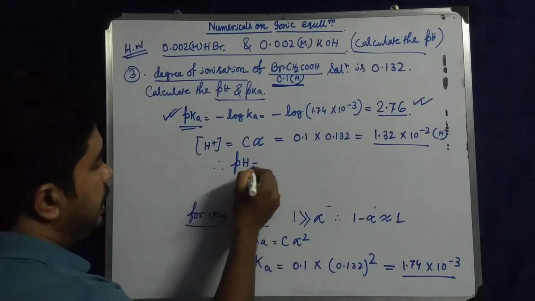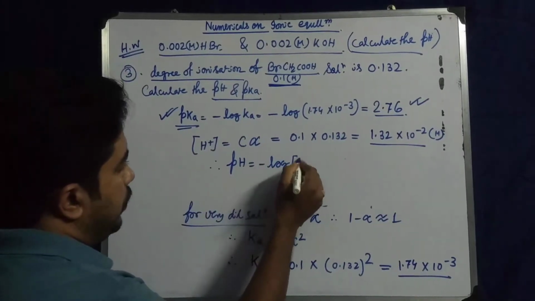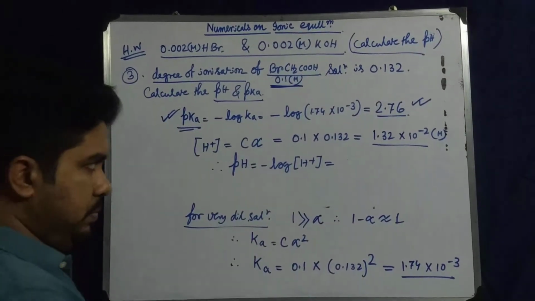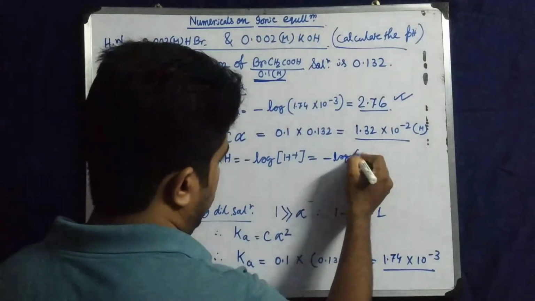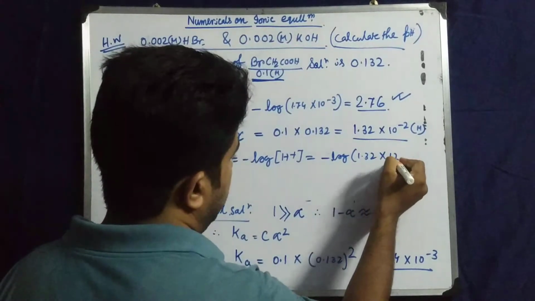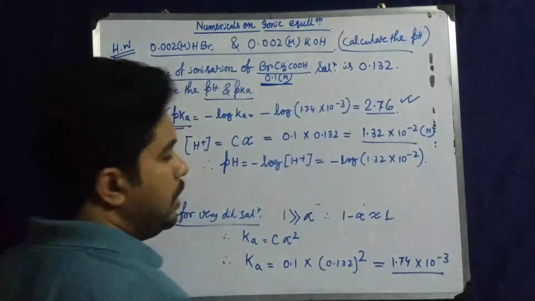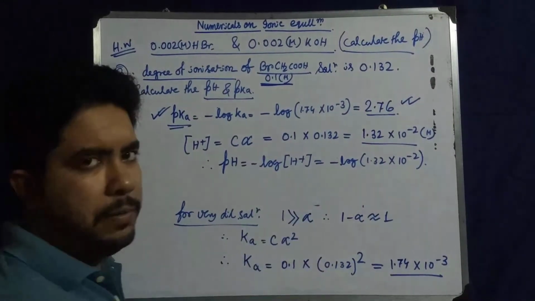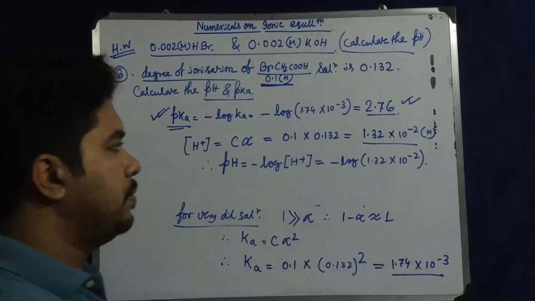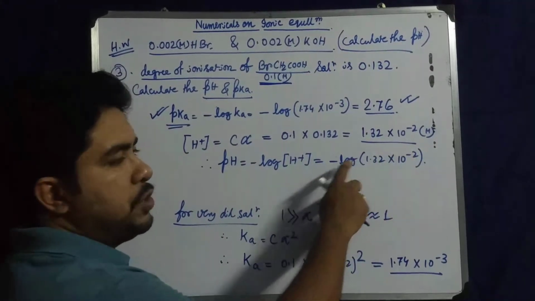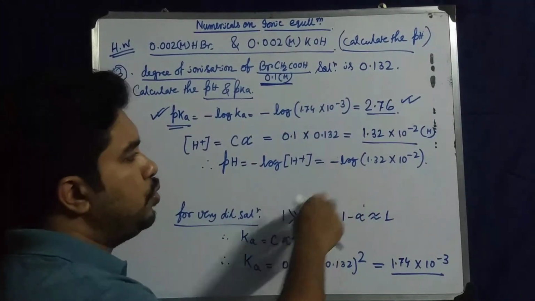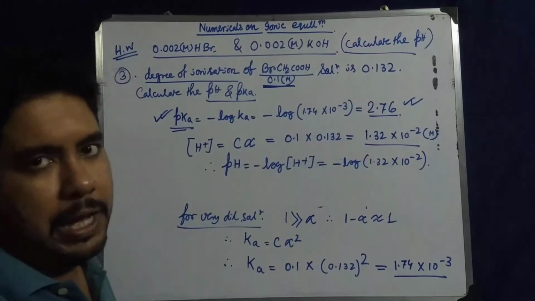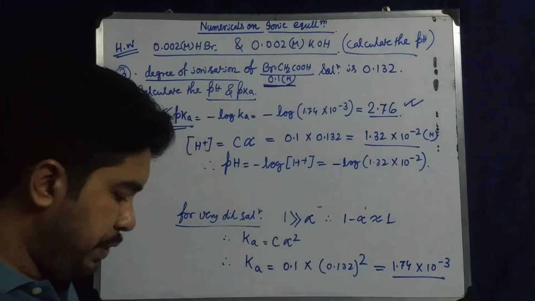So that will be our H plus concentration. Therefore, pH will be minus log of the concentration of H plus. So what will be the answer? Look at that, minus log of 1.32 into 10 to the power minus 2. We also can break this into two: minus log 1.32, then multiplication becomes plus. Again minus minus will be plus, so plus 2 log 10, so minus log 1.32 plus 2, that will be our case. So let me do it.